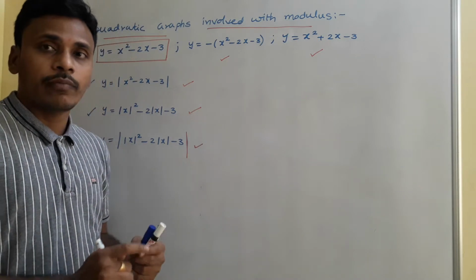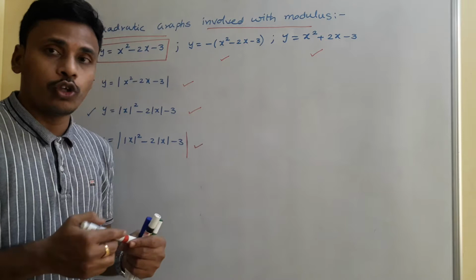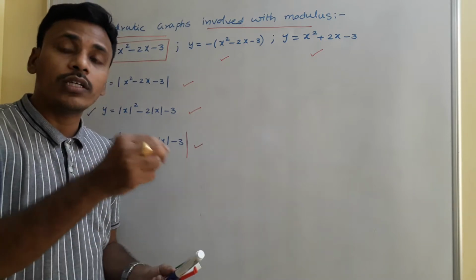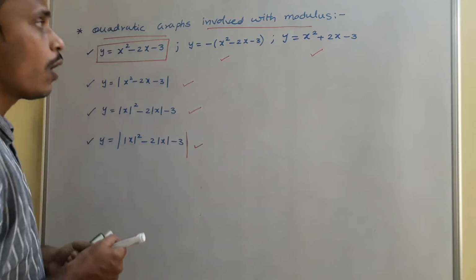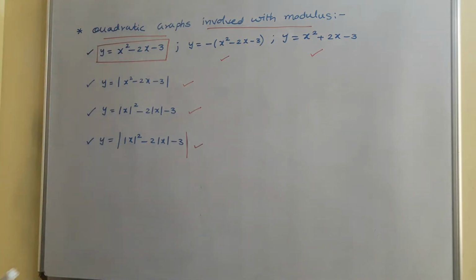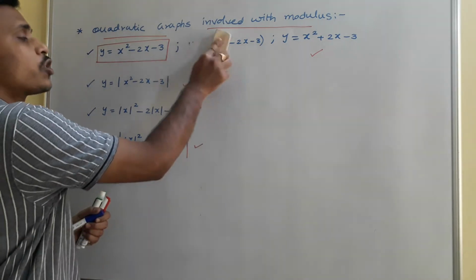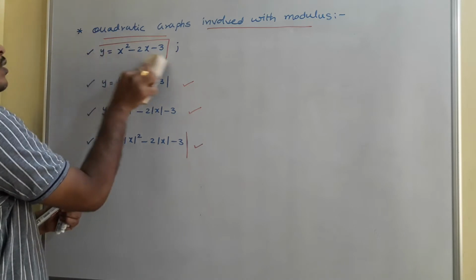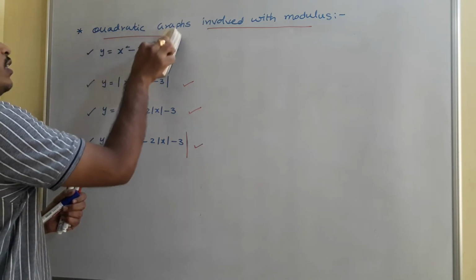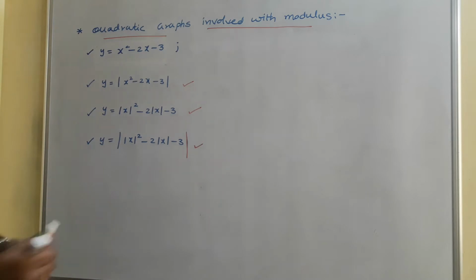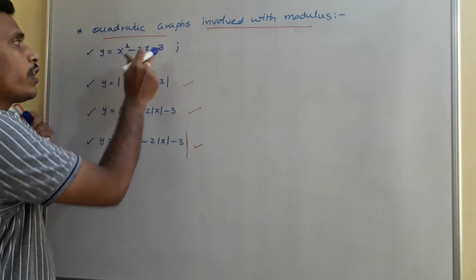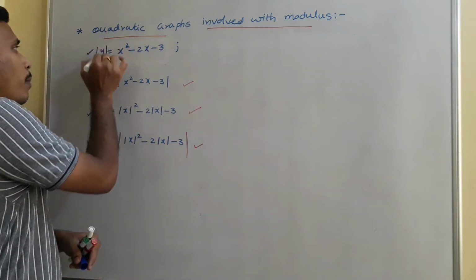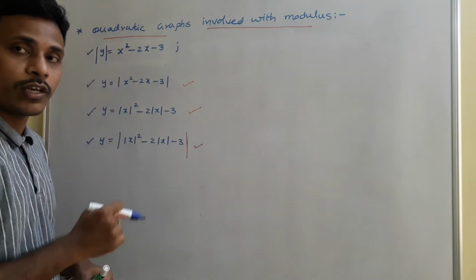This time I am going to include modulus not only on the right side, not only for x. Now I am going to include modulus for y also. So in this class, instead of 6, it is enough to discuss these 4 graphs. The first graph I am going to discuss is the first one. Just have a look. We already know the graph of y is equal to x square minus 2x minus 3. We are going to sketch the graph of mod y is equal to x square minus 2x minus 3,